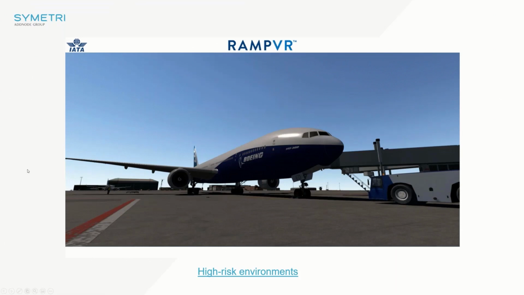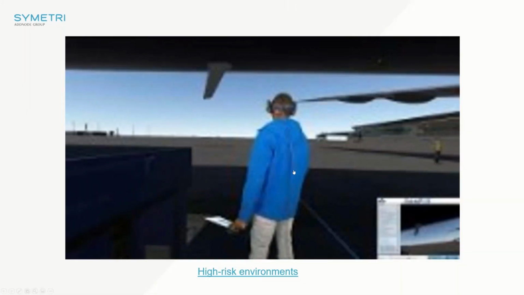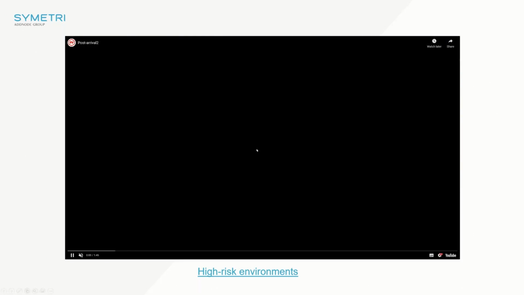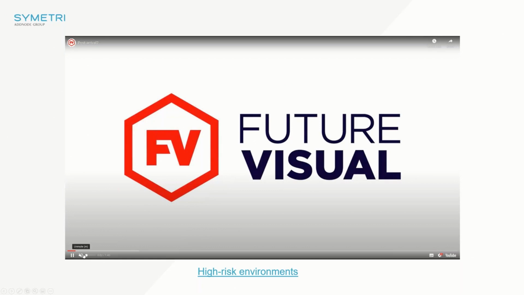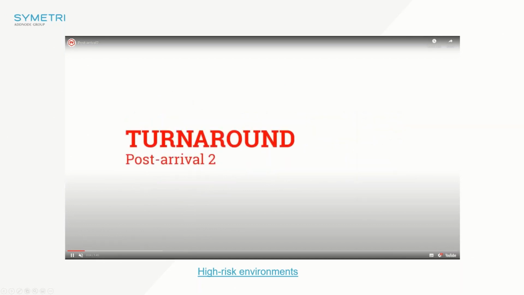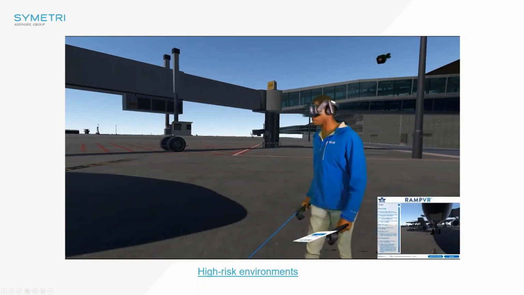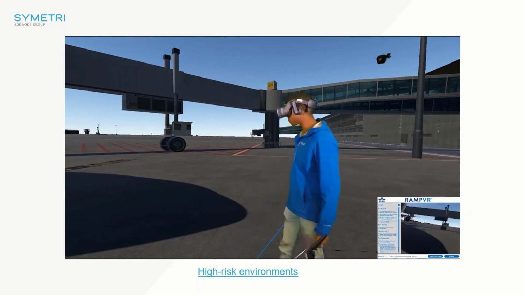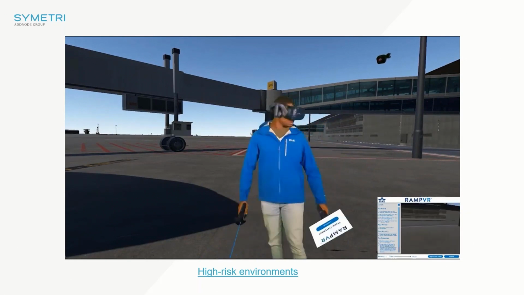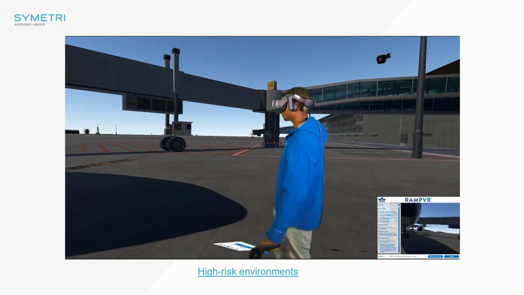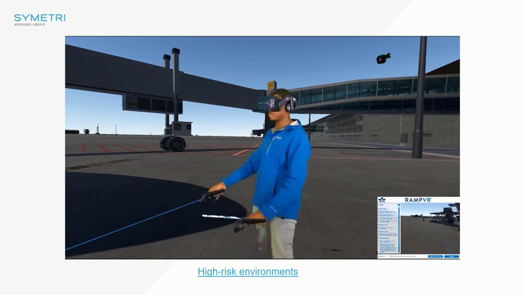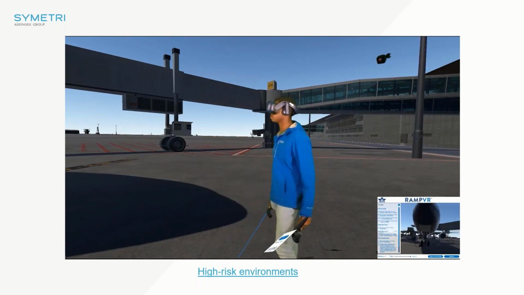One example I'll use here is the IATA plane example. And hopefully this plays okay. So what's happening here is it's very difficult to train somebody the complexities of being on the apron and the pre-flight checks and things like that, because the reality of these high-risk environments, be that a nuclear environment, here it's obviously the apron of an airport, it could be an oil rig. You don't really see the hazards that often, especially physically.